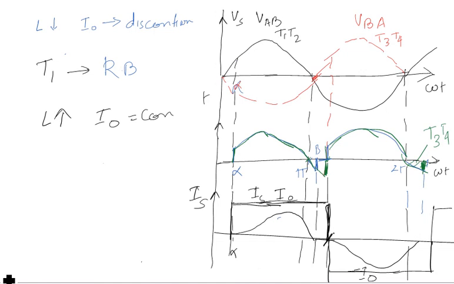Always remember, as a takeaway point, whenever I say that the load has a very high inductor, don't draw the shape of the load current as anything else. Only draw the load current as square shape, that is pure DC. Whenever the inductor is very high, the conduction will never let the load current touch zero. So the load current always becomes continuous. That is one of the features of this load. I hope this is clear.